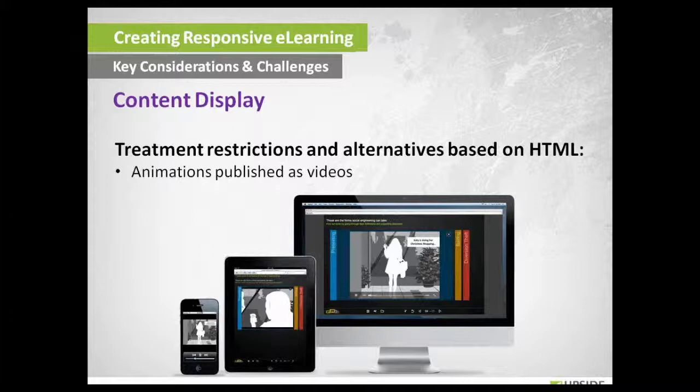So we went ahead, created those in Flash, and imported them into HTML templates. And while creating these videos, we always kept in mind that they need to play on different device sizes.